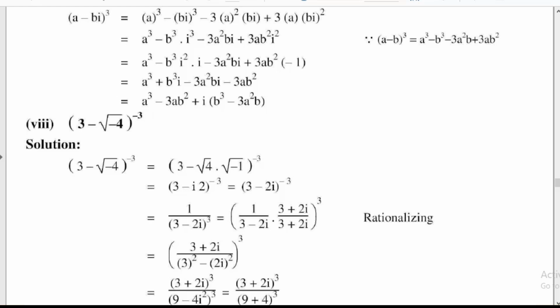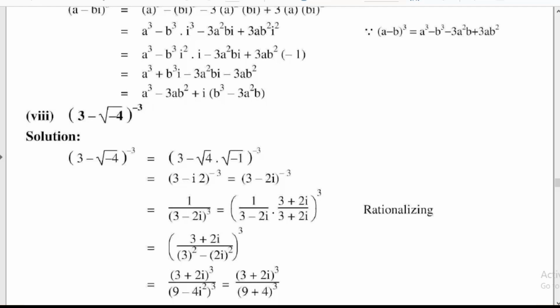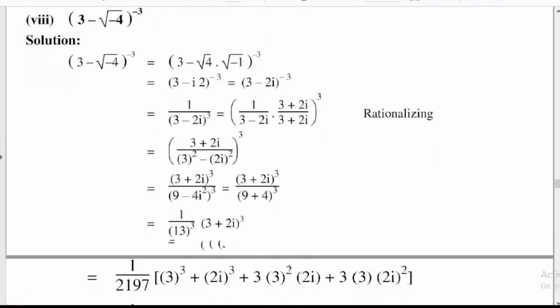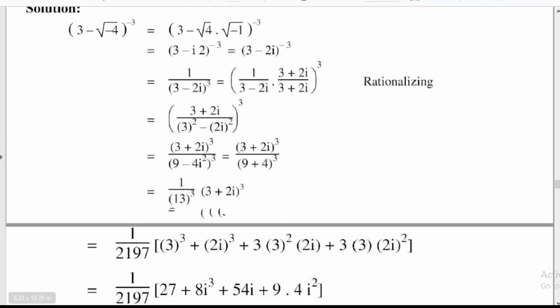So whole power 3 is equal to (3 + 2i) divided by, since i^2 is equal to minus 1, minus into minus gives plus 4. So 9 plus 4 is equal to 13, to the power 3, into (3 + 2i)^3. So 13^3 is equal to